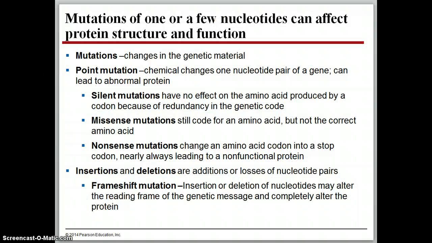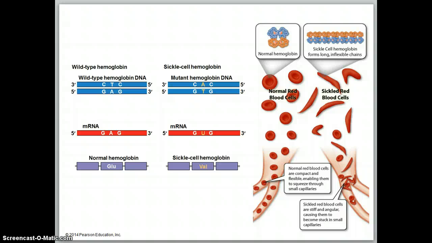So what exactly is a mutation? Well, a mutation is just any change in the genetic material. The first thing we're going to look at is a point mutation. This is a change in just one nucleotide pair of a gene, and sometimes this can lead to an abnormal protein. For example, in the case of sickle cell anemia, there is a point mutation right here in the